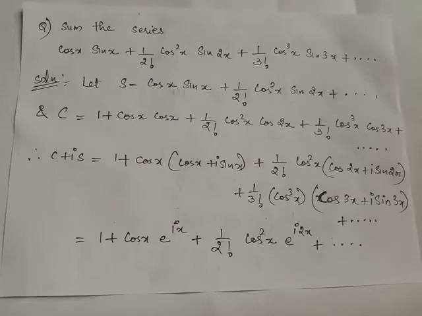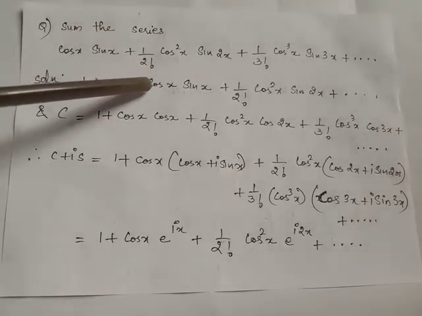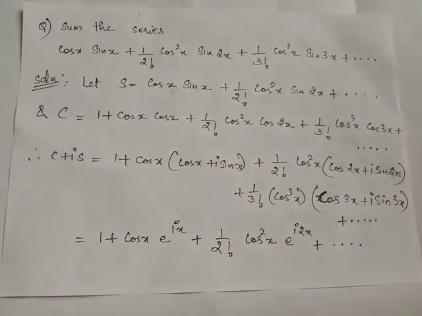Now we can add C plus i times S. We multiply i to every term of S and we add these terms along with the terms of C, and we group the terms such that we can apply Euler's identity appropriately. When the first two terms are grouped, we have